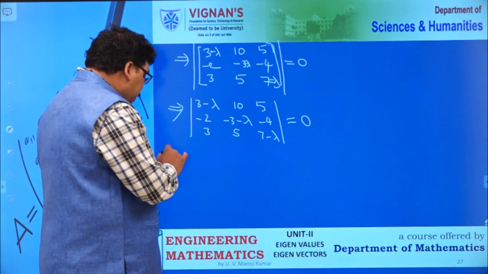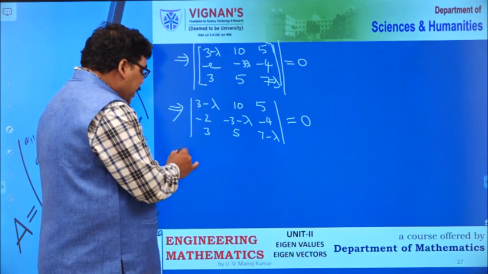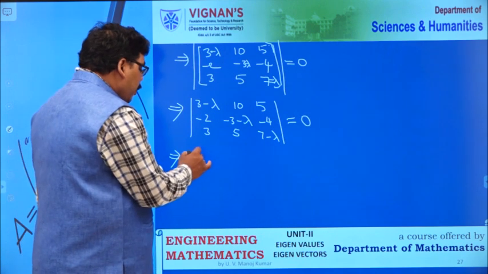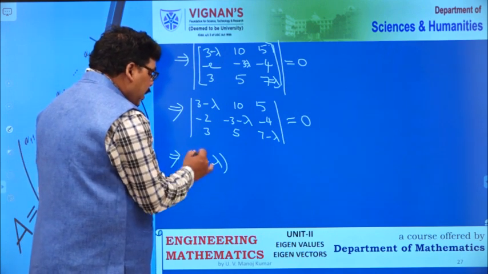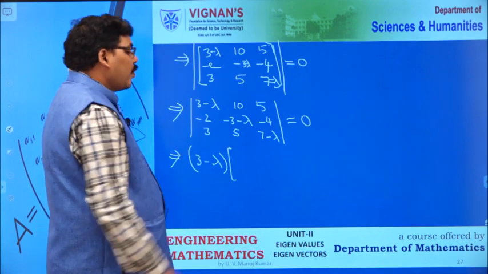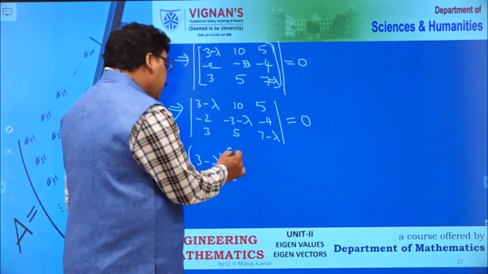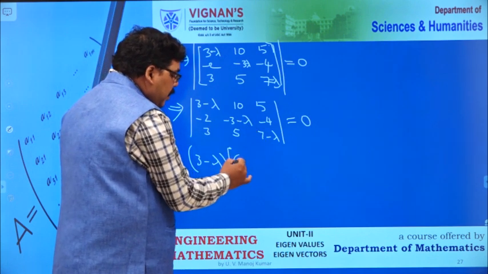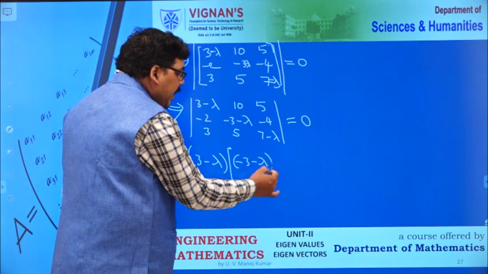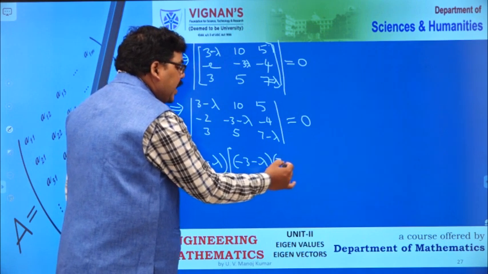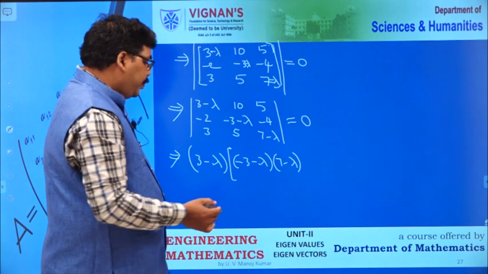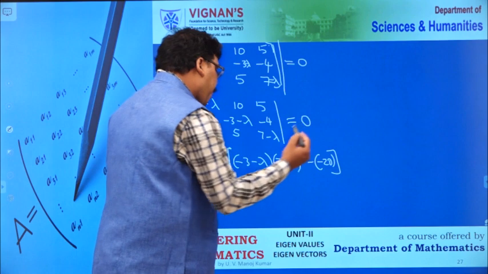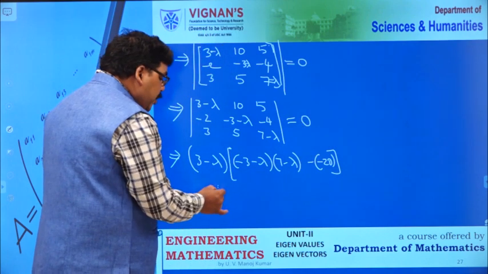So expand this determinant along the first row. So I will get 3 minus lambda into AD minus BC. Remove first row, first column, remaining is this submatrix. Its determinant is minus 3 minus lambda into 7 minus lambda, minus of minus 20. Minus 10 into